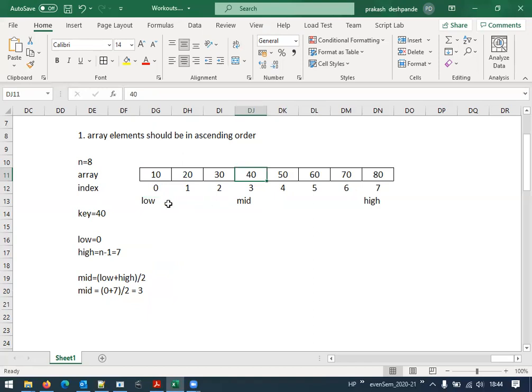But if we apply binary search, for the very first comparison itself we were able to successfully find the element, isn't it? Now can we say that binary search is comparatively faster than sequential search? Yes, we can.